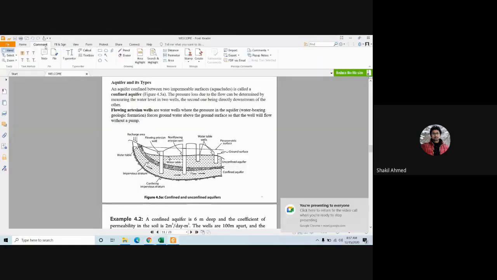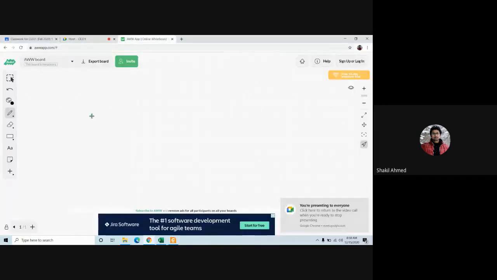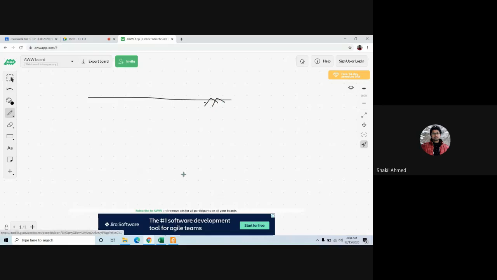Today we will start from the aquifer. First of all, what is an aquifer? An aquifer is basically the water-bearing soil layer. That's it. Okay. So, for example, this is your ground surface, and if we have groundwater available,